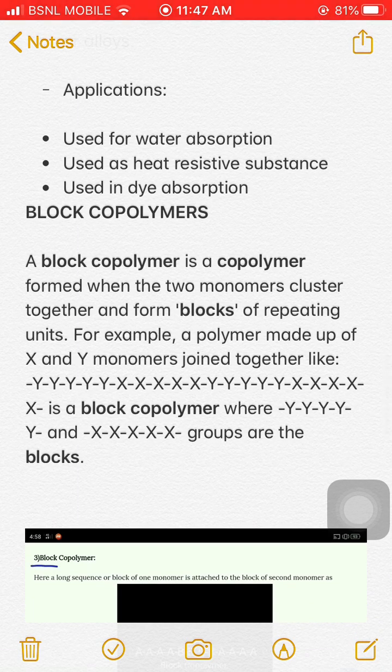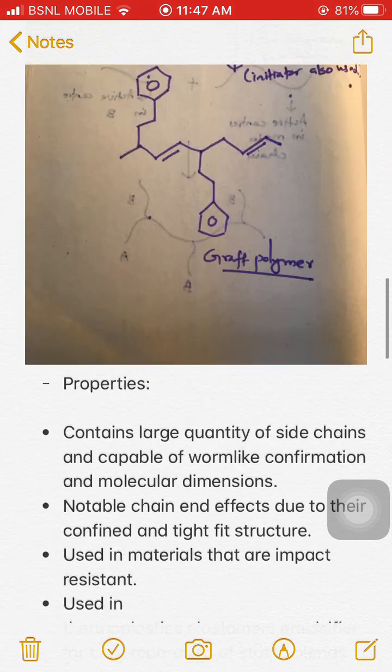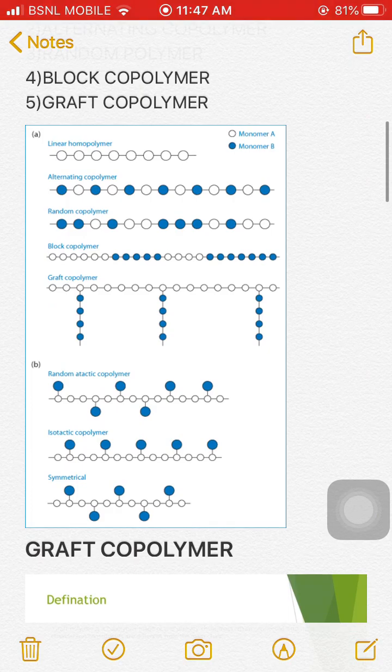Block copolymer is actually a copolymer that is, okay, before going to that I will show the picturization. So we have here the picturization of block copolymer. So monomer A, there are 6 units of monomer A linked with 5 units of monomer B, and then with A, and then with B. So they are the blocks of A and B with different numbers of monomers being linked to form a block copolymer. So chain A and chain B are blocks of a block copolymer that is formed.